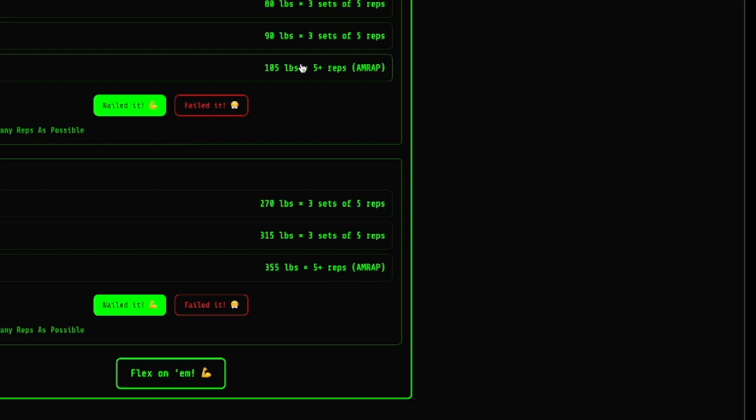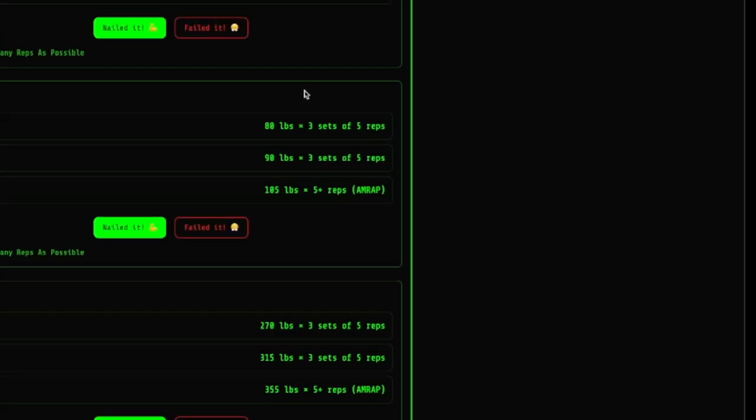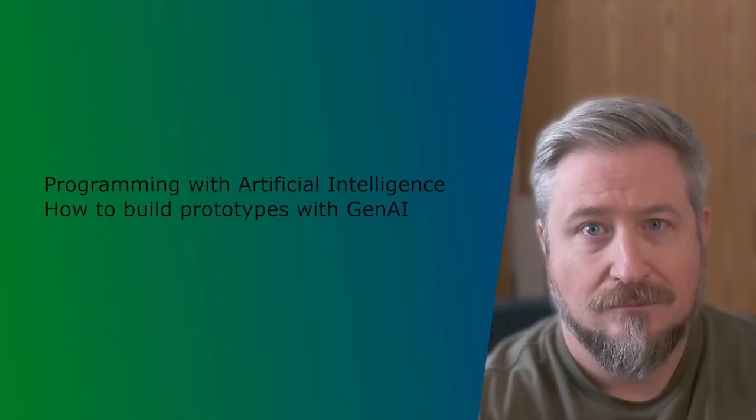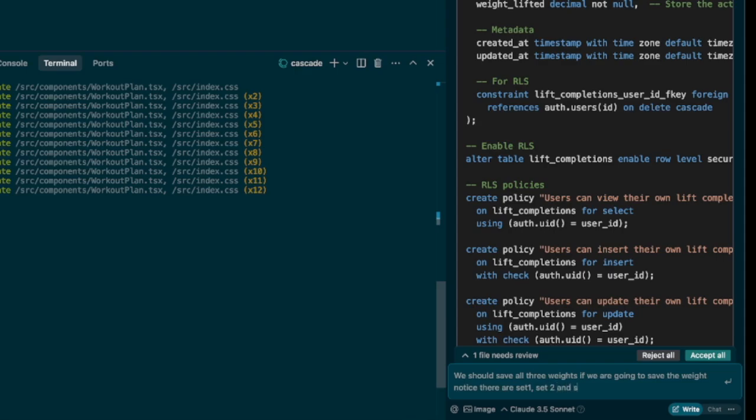So you actually have three weights. We should save all three weights if we are going to save the weight. Notice there are set one, set two, and set three